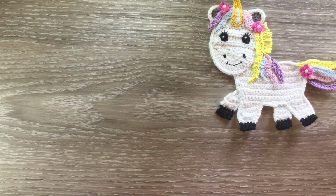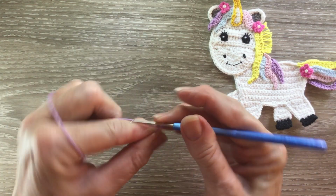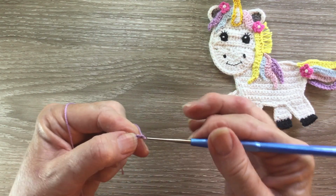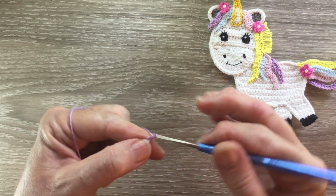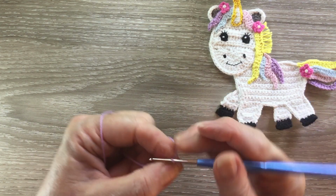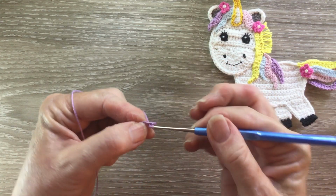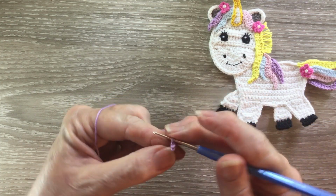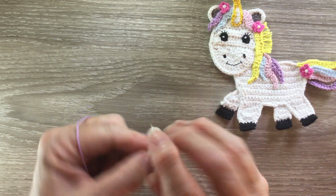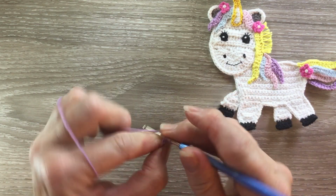For the end one, I'm using my purple. I make 10 chain, I slip stitch into the second chain from the hook, work a single crochet in the following stitch, 2 half double crochet into the next stitch, a joined double crochet over the next 2 stitches,